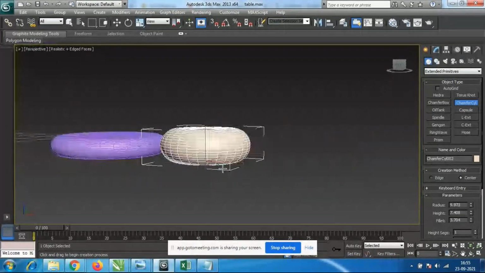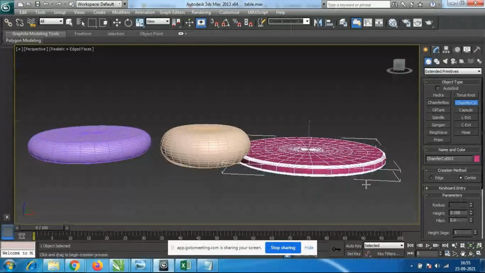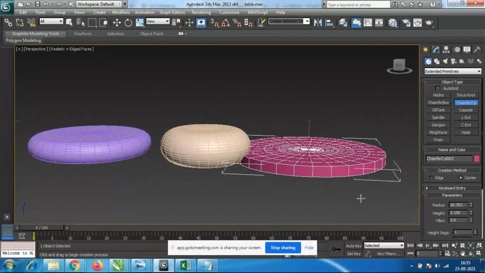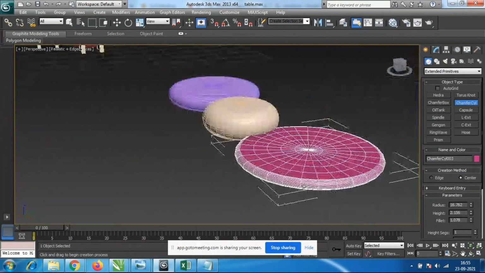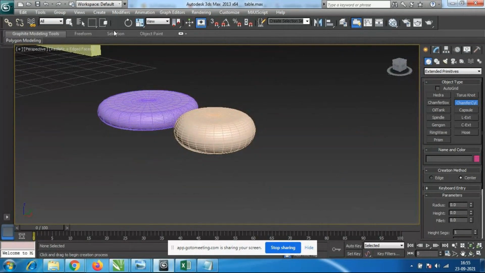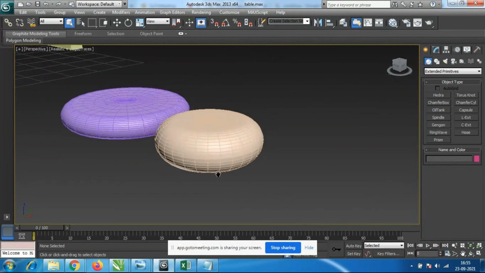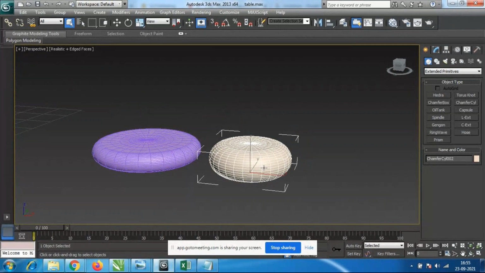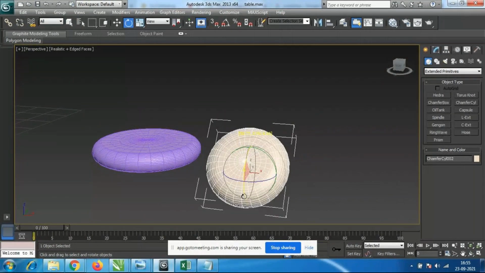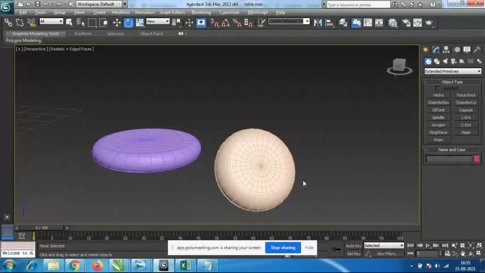However much you want, if you take it very thin like this, you will get a thinner kind of shape. Mainly for sofas and beds, anywhere you have to use this kind of pillow, at that time you can use this fillet option. So like this we can use this option.